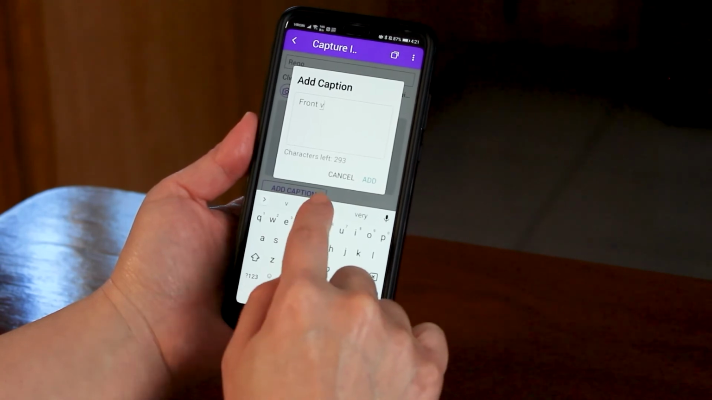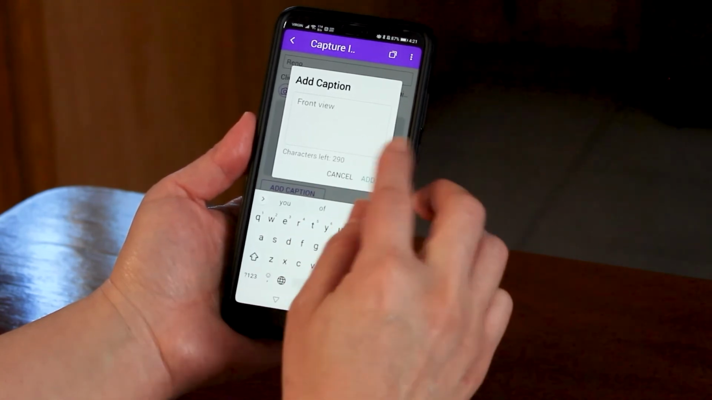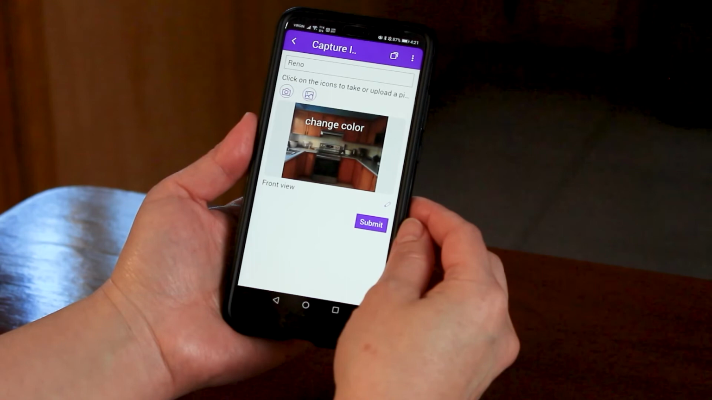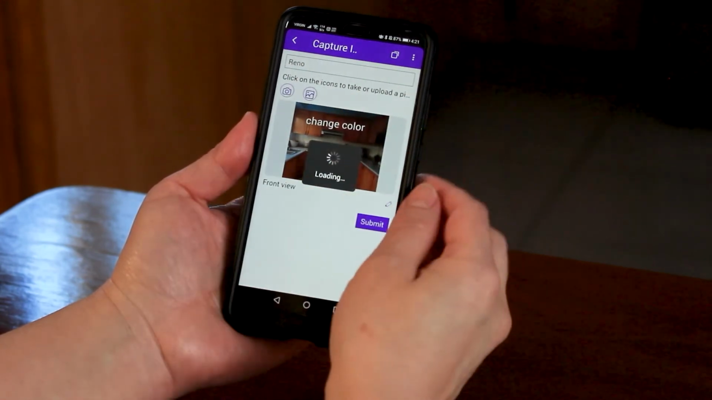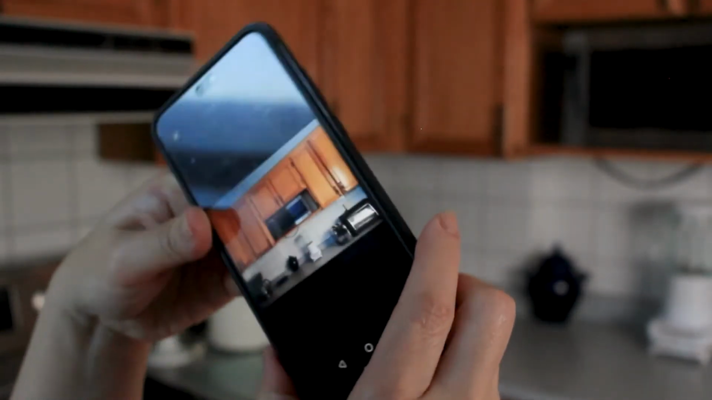She adds the caption Front View, then taps Add to finish the caption. To take another picture, Sharon simply taps on the camera tool icon and takes one more picture. Here she takes a picture of the right side view and taps the check mark, which opens the photo editor